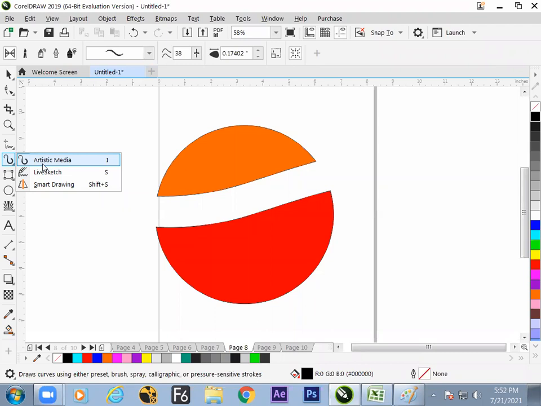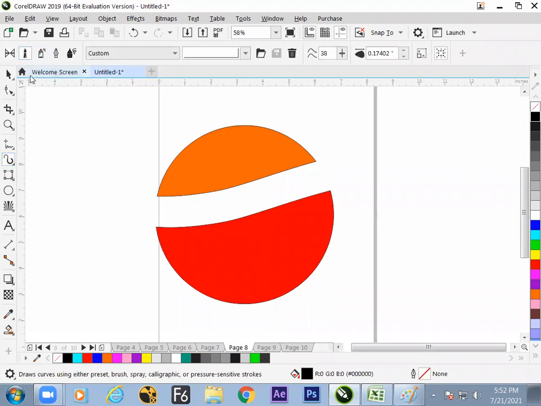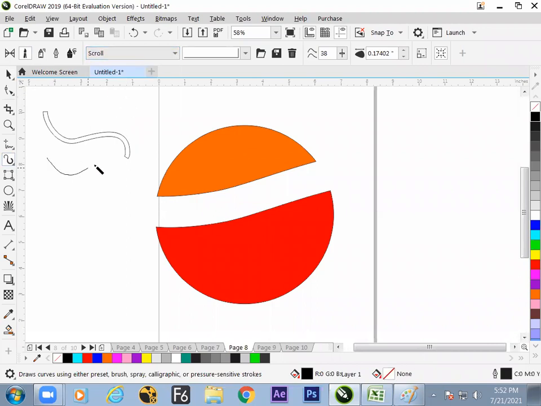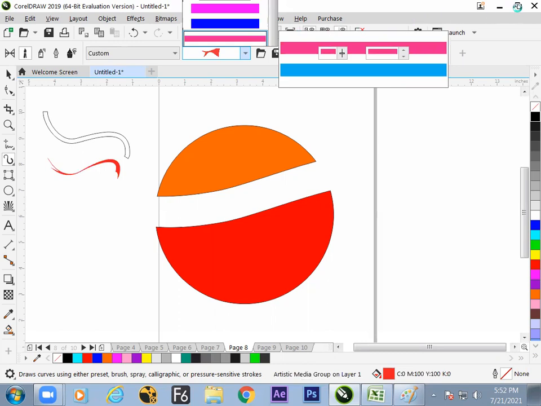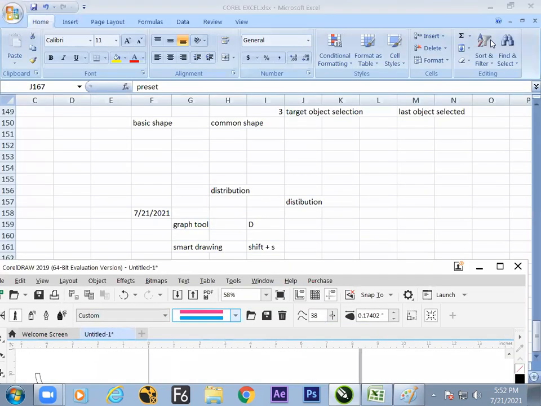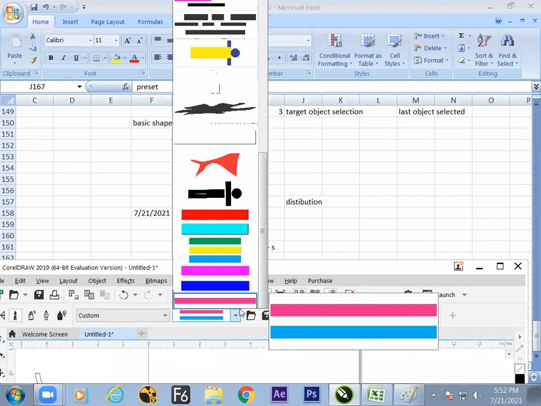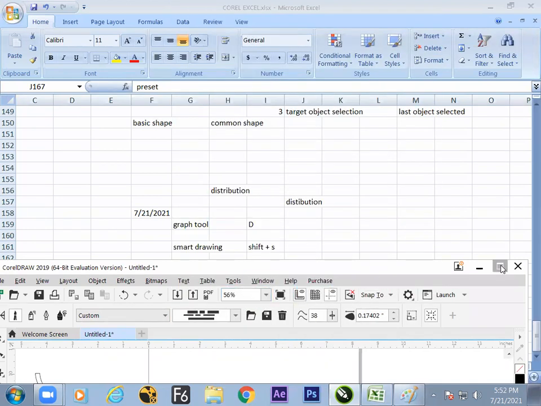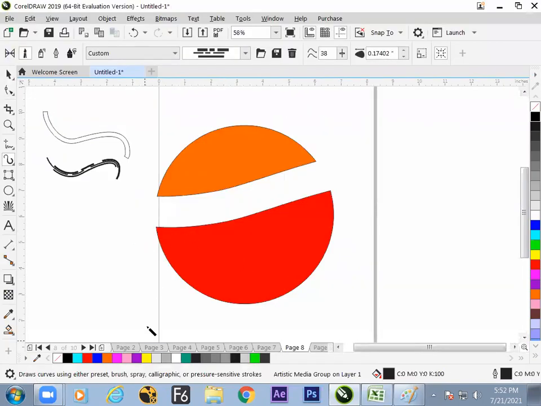If it is so, then we can move one more step ahead, that is called the brush tool. So in this artistic media, there is an option called brush. We can draw the brush, which is predefined now. Different types of brushes are there. We can go to any brush we wish. It is not showing on the top side, so I'm just making it smaller and trying to see all the brushes. So we can create our own brush and get it used.